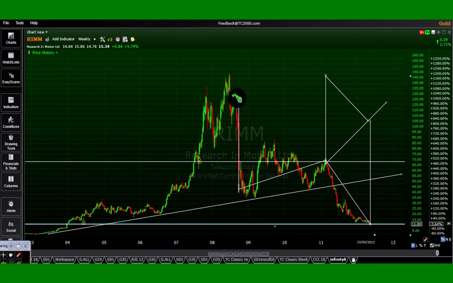On this weekly chart, we can see an ABCD chart pattern. A from here, B, C, D, it's now completed. If you want to know more about the ABCD chart pattern, you need to go to